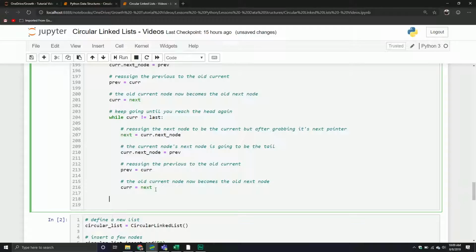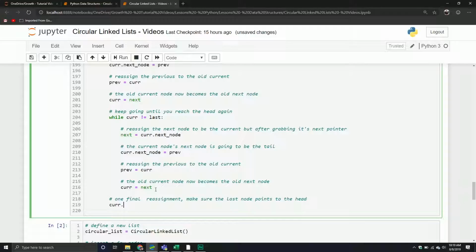We do need to make one final reassignment. That's connecting the tail to the head. And so what we're going to do here is say one final assignment. Well, not technically one final assignment, but one, I would say, complicated assignment. One final reassignment. Make sure the last node points to the head. And so we're going to say current.next node is going to equal previous. Why, oh why? Well,